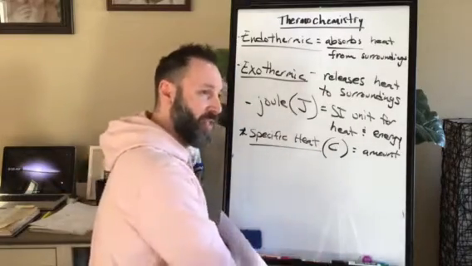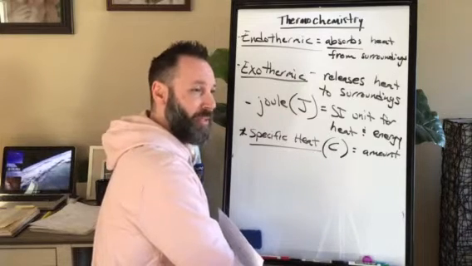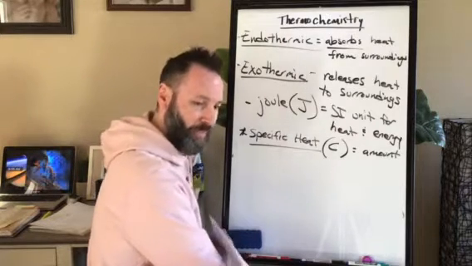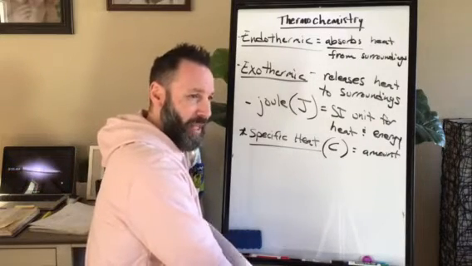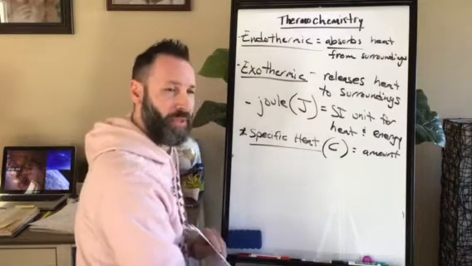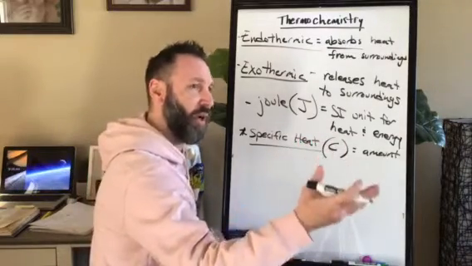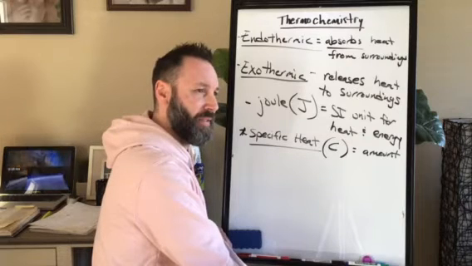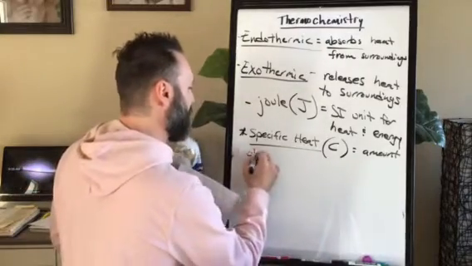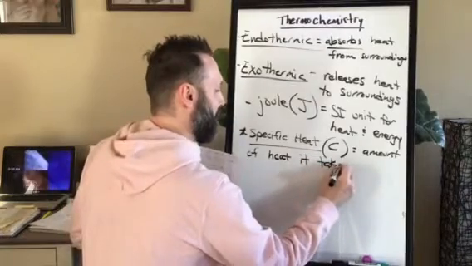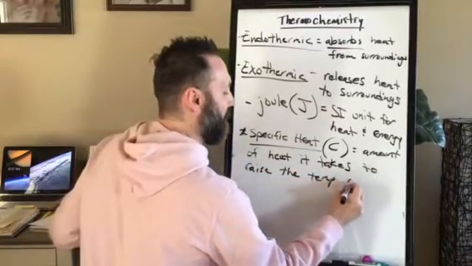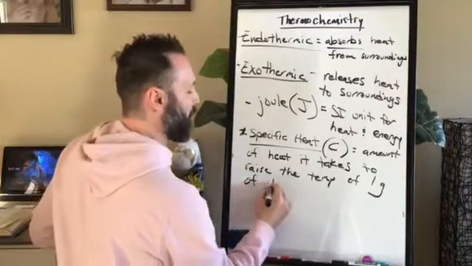Water has a really low specific heat. It can absorb a lot of heat before it heats up itself. So we use water for a lot of different things. Specific heat of water is why cities on the coast have moderate climates. And it's also why you'll see citrus farmers, when it's going to freeze, spray their farms. I think you read about that, because the water absorbs that heat and then releases it and it protects the crops. But again, specific heat is the amount of heat it takes to raise the temperature of 1 gram of the substance